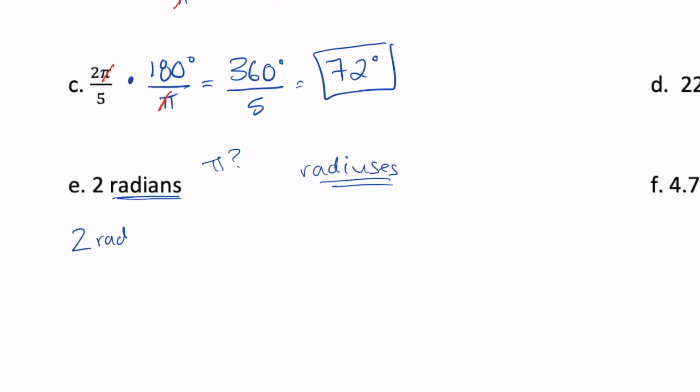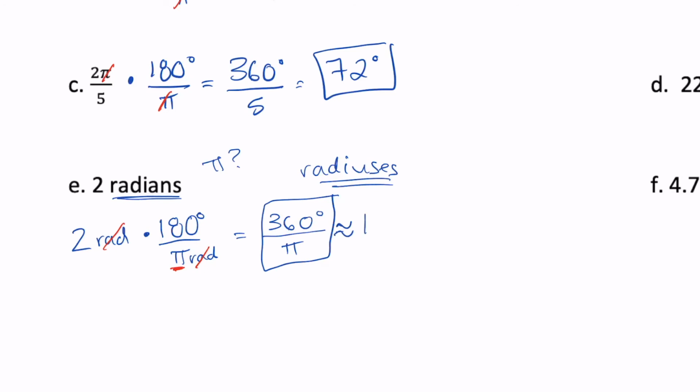So here, when I start converting from radians to degrees, you're going to see me write out rad for radians so that I don't forget that that is 2 radians. This way I'm multiplying by 180 degrees over pi radians. So now my radian measurement divides out, and pi does stay behind this time. It didn't divide away. So 2 times 180 would be 360 degrees divided by pi though. So my exact angle measurement would be 360 over pi degrees. So we can also write an approximate version of this, which comes out to be about